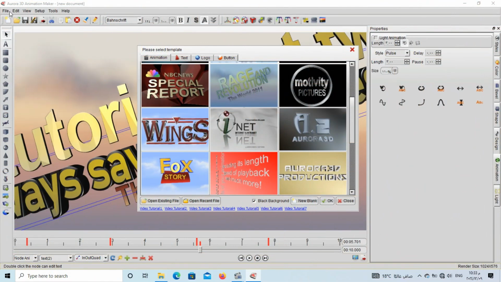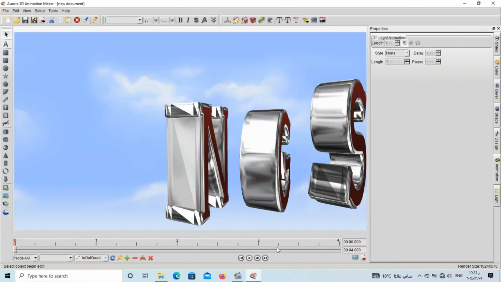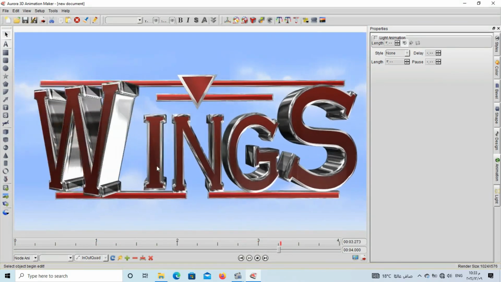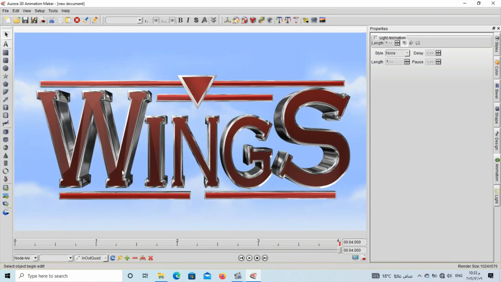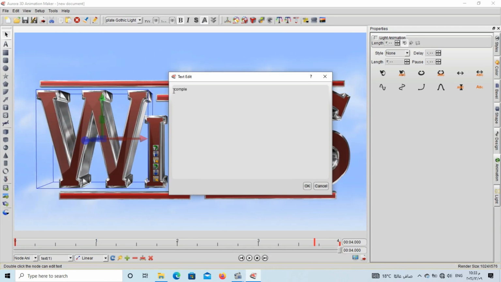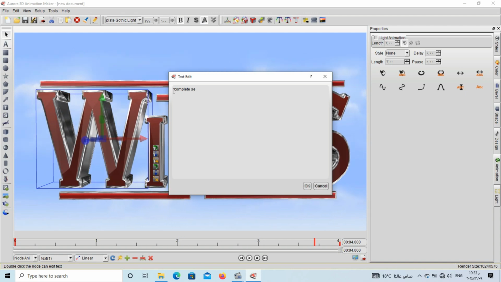Let's start this one with this presets. I will choose new preset and choose this one and hit the play button to see what is inside this presets. Let's say I will start editing this letter here. I will delete this W and apply. Let's say I will type and complete